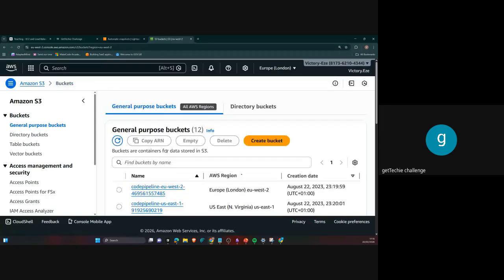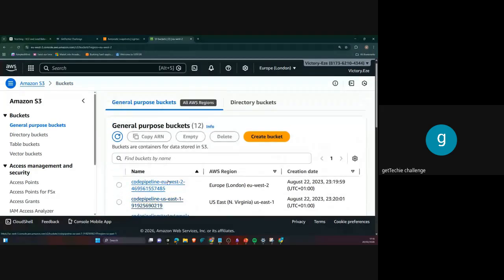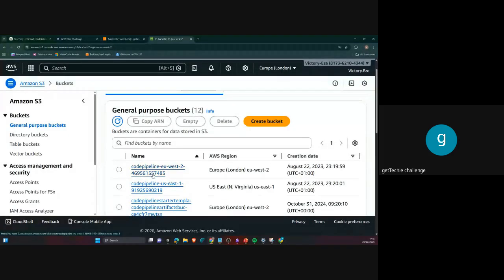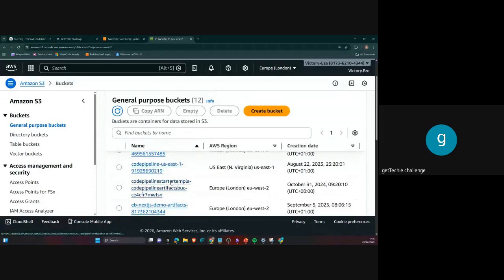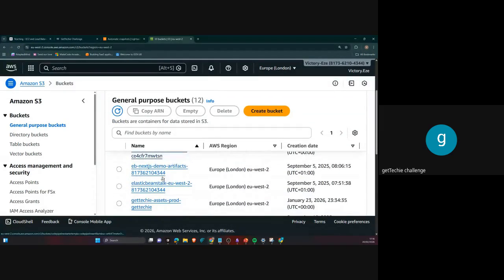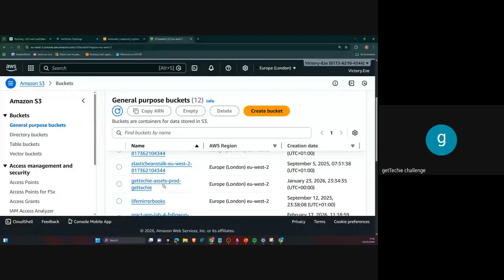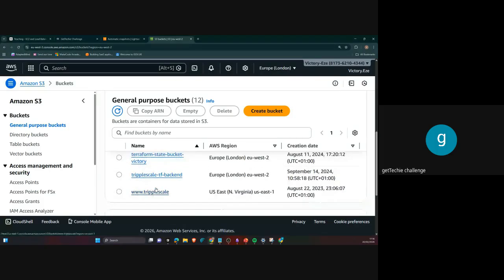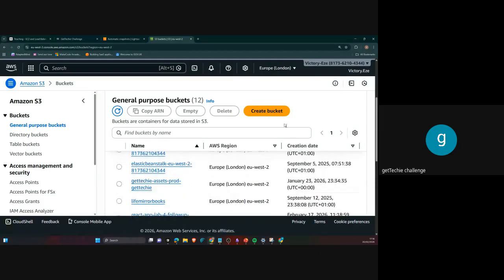If I come back to the previous buckets, you can see that sometimes when you're creating a bucket name, you can even include your account ID. It makes that bucket name even more unique. Do you get what I mean? Can you see these bucket names now? You can see their uniqueness. It's not what you can easily get. These are unique bucket names. So I'm not just going to have a bucket name called demo and it will work for me.